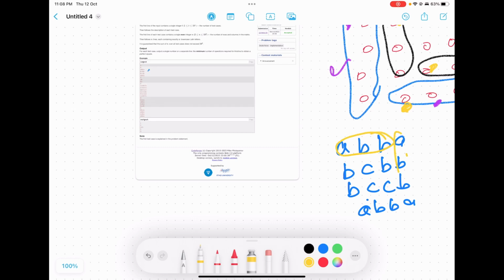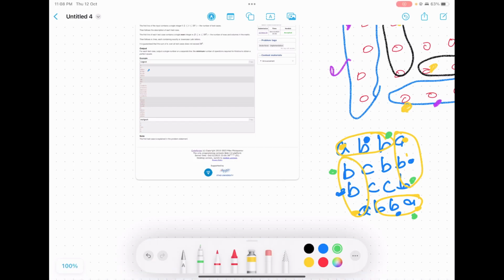In this, the first elements of the 4 squares should be equal. For example, if we take this one, it should be equal to this one, and this and this. It is equal. Now we take the second element, B B B B. It is also equal. Third, B B B and B. The third element is not equal. It is like B B A B.